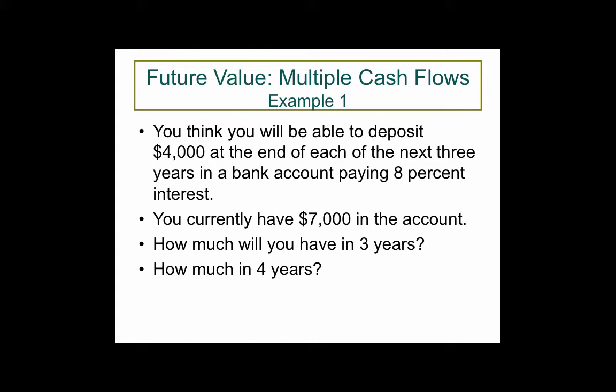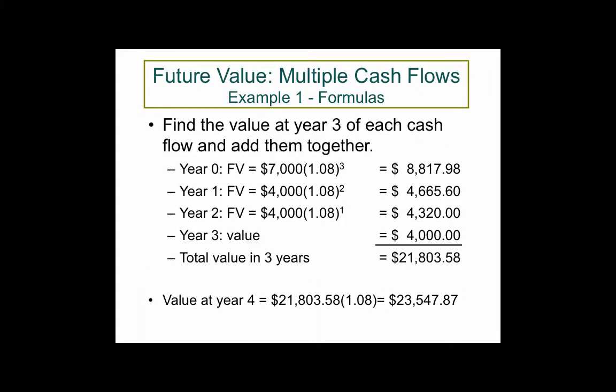What we could do is do a simple time value of money formula like we used in lecture 2.2 for each of the years and then add them up. Let's see what that would look like. So, looking from a formula perspective, you could find the values for each specific year and then move that value, however many years down the road, until you're at the current future value, right? So in year zero, you're going to start with $7,000. You're going to want to push that 3 years down the road at an 8% interest rate. So you take 7,000, multiply it by 1.08 raised to the third power. You get